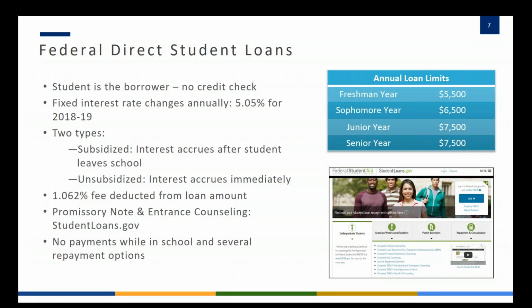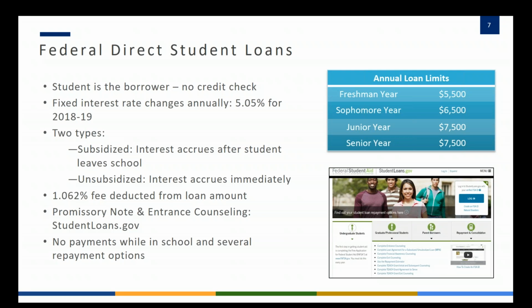As I mentioned, this loan can come in two different versions. Part of the loan, if we're looking at the freshman year loan, up to $3,500 of it could be subsidized, meaning interest does not accrue while the student is in school. Once they graduate, that's when interest will start accruing on the subsidized portion. So it's basically interest-free while they're in school. The remaining amount of the loan, or it could even be the entire $5,500 if the family doesn't qualify for the subsidy, the remaining part will accrue interest when the loan is disbursed.